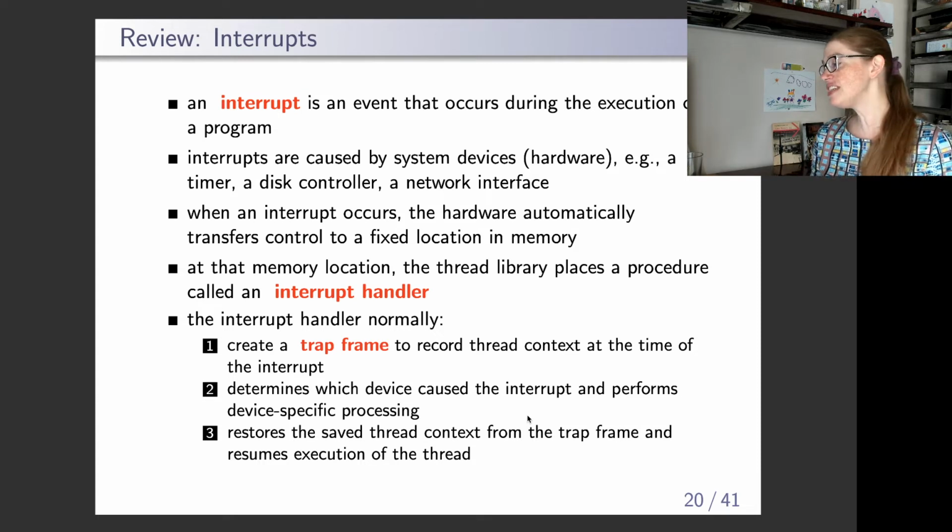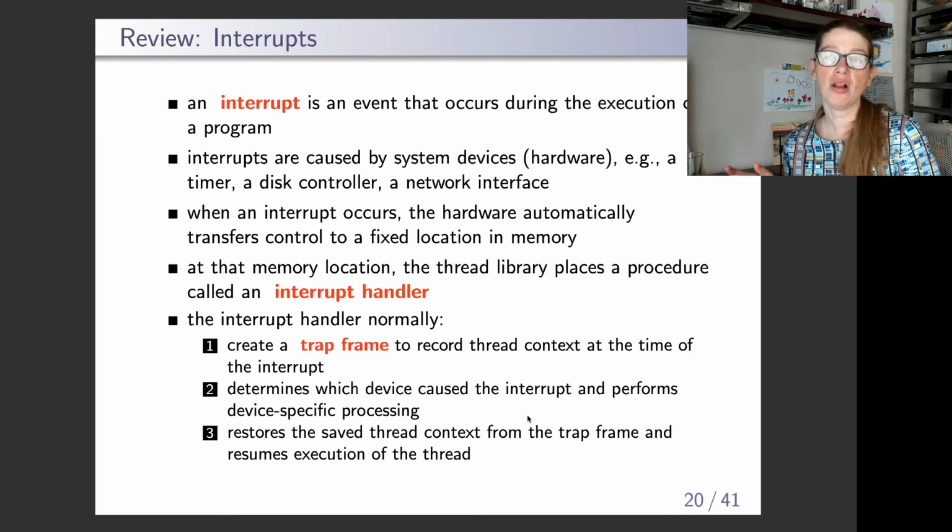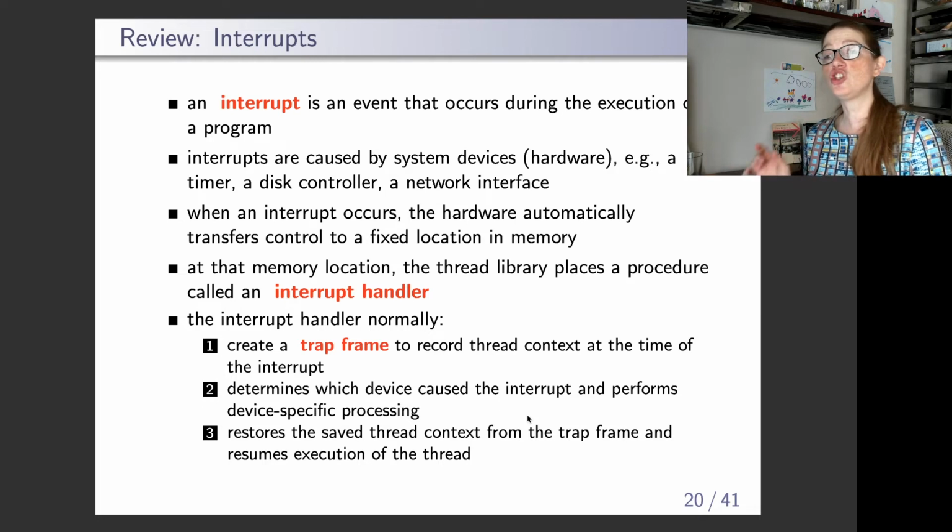And now, how does the CPU know where this interrupt handler lives? Well, on the CPU, there's a special thing called a trap table. And inside the trap table, we store the address of where the code for the exception and interrupt handlers can be found in the kernel of the operating system. This is usually a fixed address that is populated on boot, so that when the CPU receives an exception or an interrupt, it knows exactly where to start